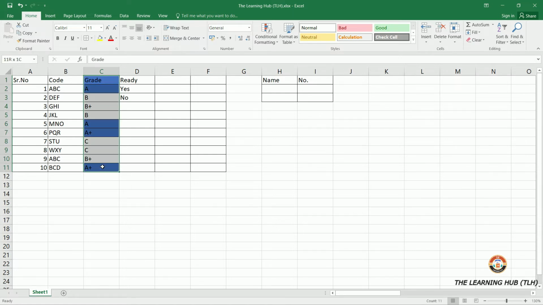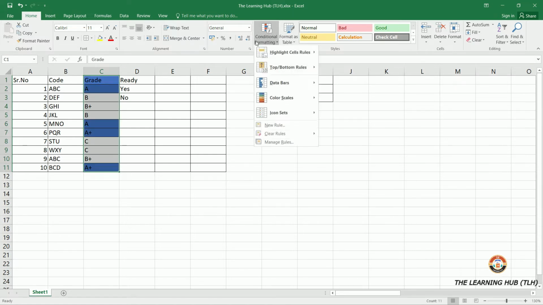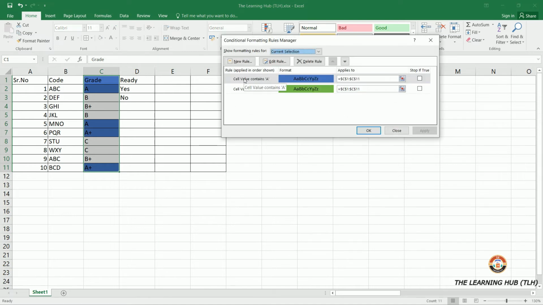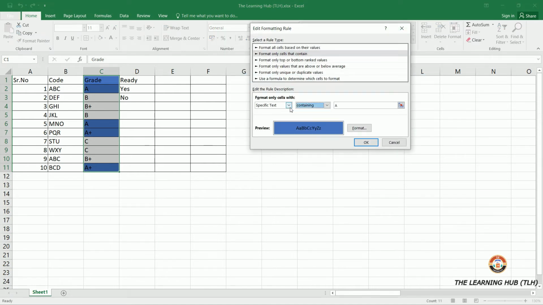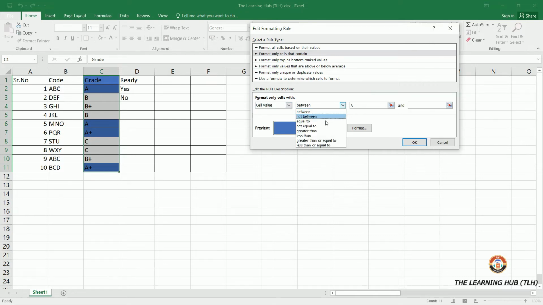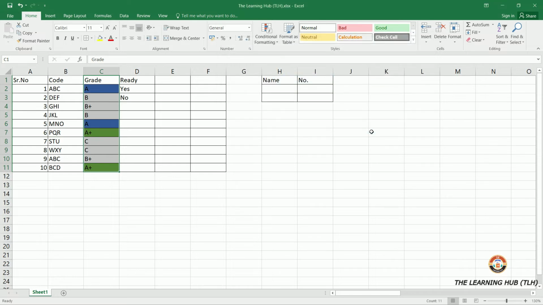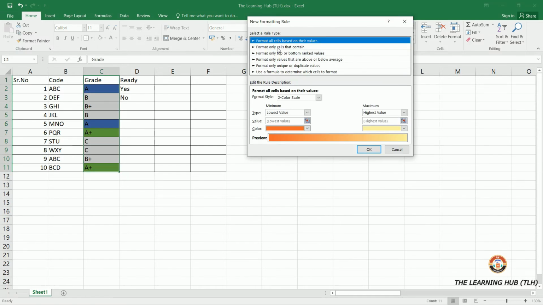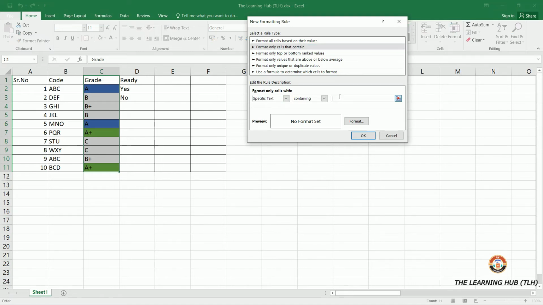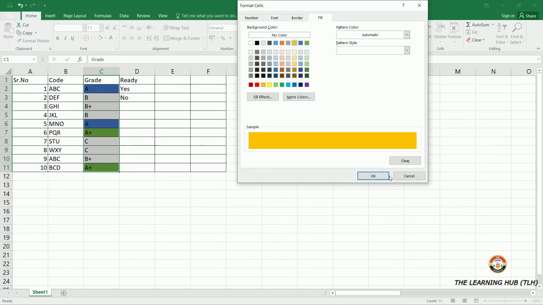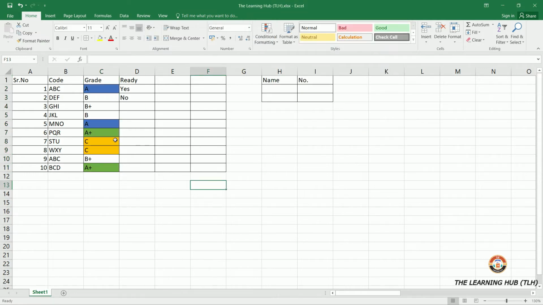So what you have to do is go to Manage Rules, and here you need to change this rule. Instead of containing A, you should select it as equal to. Anything equal to A should turn into blue. And look at it. Anything which is equal to A is blue, and everything which is containing A+ is green. Similarly, you can apply the formula for grade C as well. Any specific text with C will be marked in amber, and look at this. So, A+ is green, A is blue, C is amber,